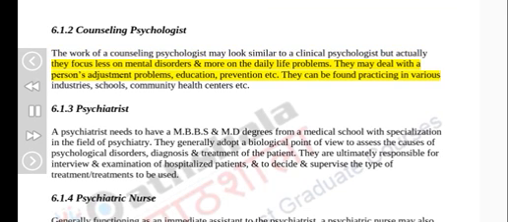They may deal with a person's adjustment problems, education, prevention, etc. They can be found practicing in various industries, schools, community health centers, etc. 6.1.3 Psychiatrist. A psychiatrist needs to have MBBS and MD degrees from a medical school with specialization in the